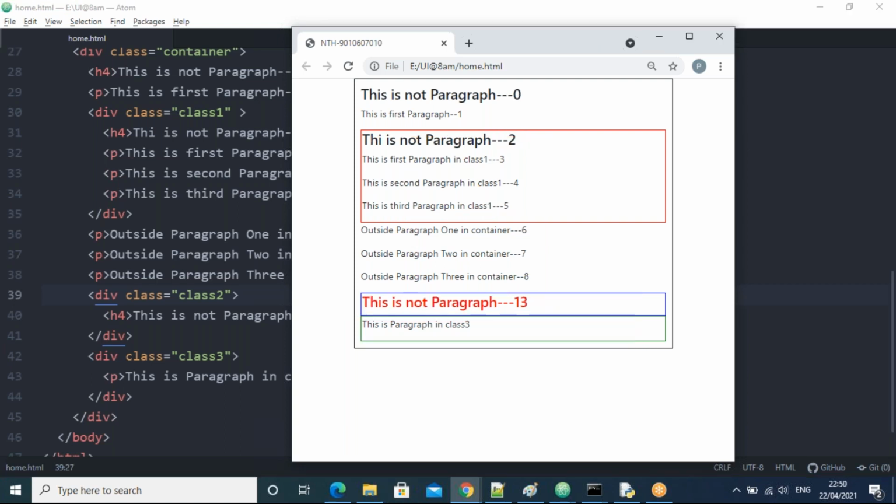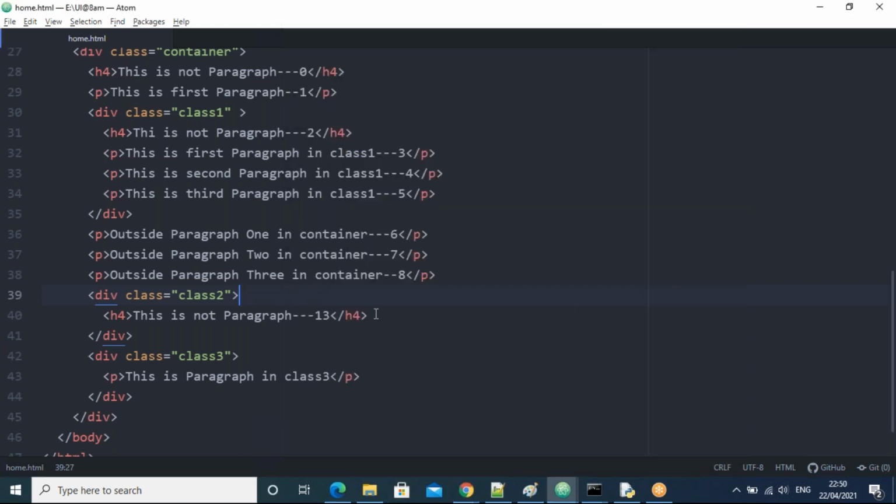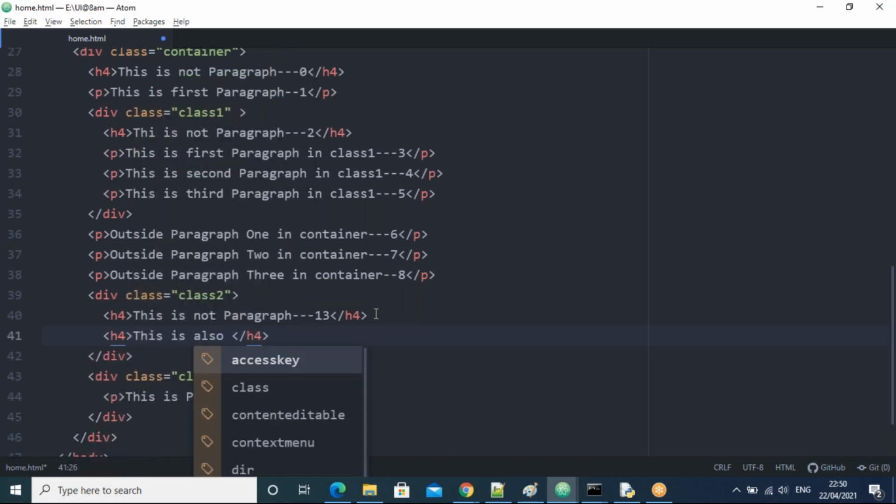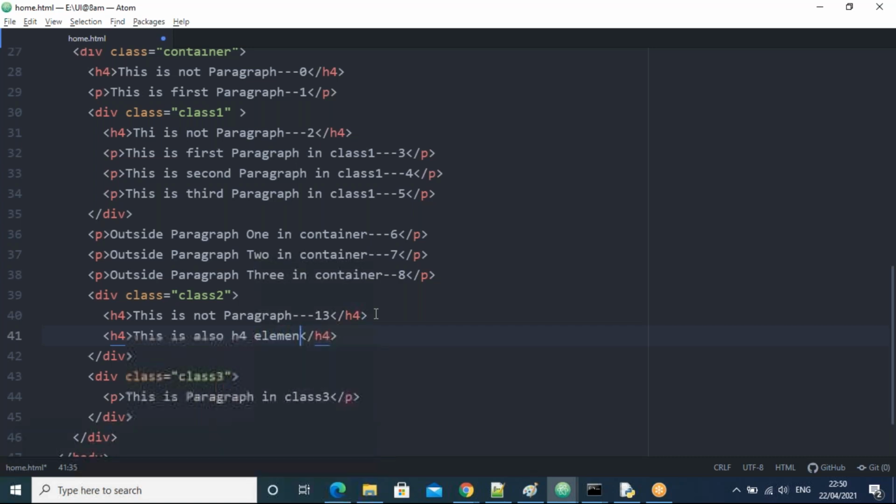Now the question is, if you have two H4 elements, then what happens? Is it possible? I am taking two H4 elements now, guys. Suppose this is also an H4 element like this. Now what will happen? Does it select the first H4 or both H4 elements?